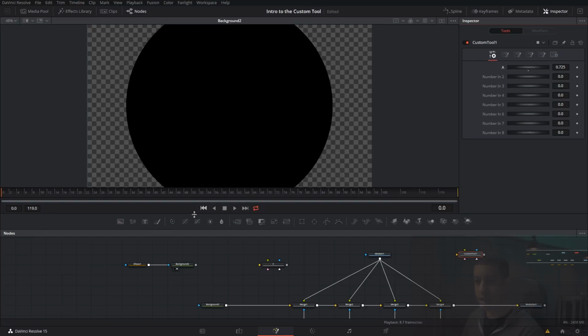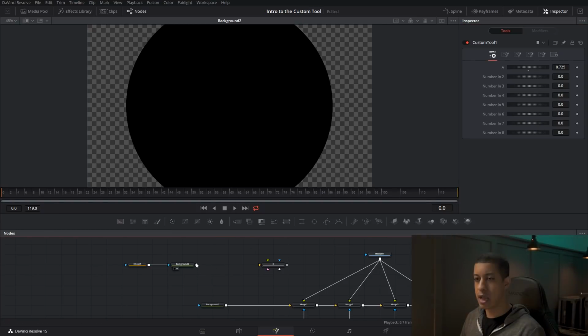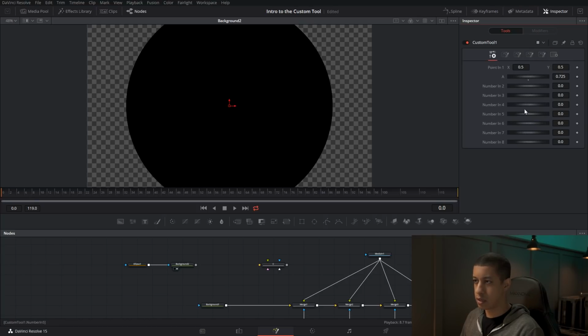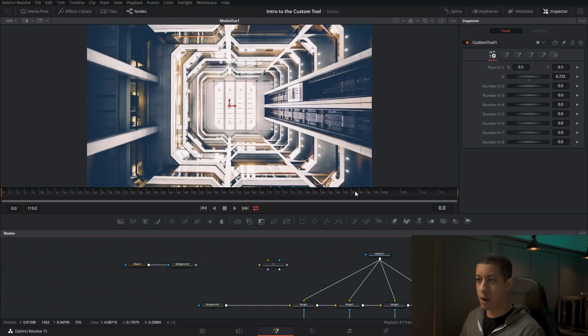But you can do this with just about any value field that you see. And there are 3 primary fields. You have text, which is just any kind of character. Then you have a number field, which is just your numeric value, which can also be decimal points. And then you have a point. For 2D, you only have 2 axes, so it's an X and a Y. And in 3D space, obviously you have Z. If you come into here, the point in, you have the 2 values, and you can also manipulate that. So coming back to our project here,